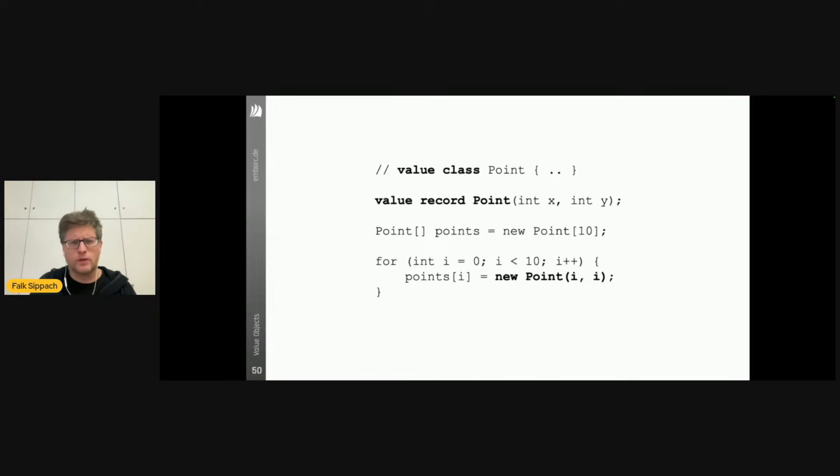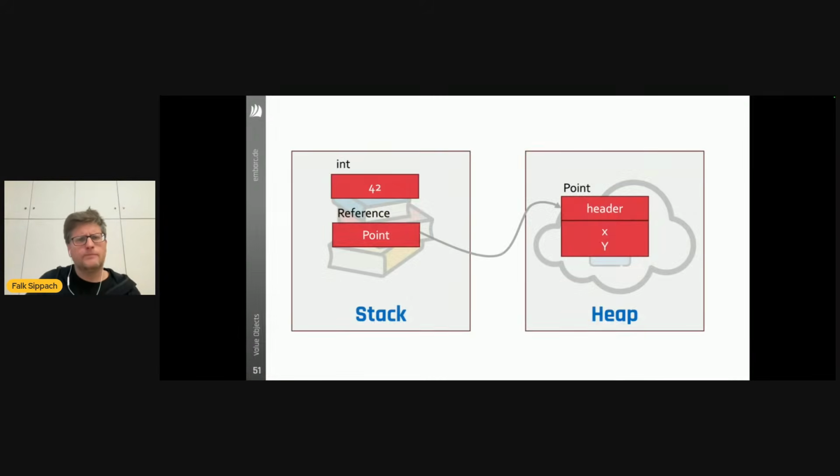So we have a value record Point with x and y. And then I initialize 10 points in an array and just have 10 points with 0, 0, 1, 1, 2, 2, and so on. And now let's see how big they are. There's a reference for a point, which of course still points to an object on the heap, which has a header and x and y. That's because value object doesn't mean that they are always stored on the stack, but they could be stored on a stack. So when they are stored on a stack, then they are just two values, x and y,